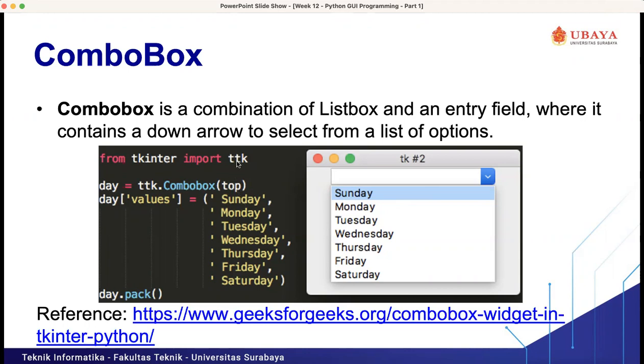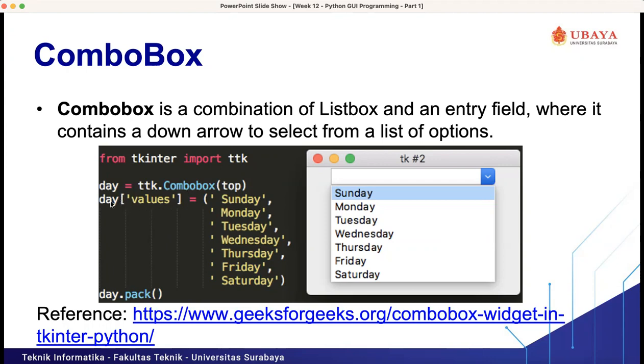For the combo box, we need to import ttk from tkinter. From tkinter import ttk. Then we create a d variable equal ttk.Combobox with top, because we want to put this combo box in the top main window. And for the values, it's similar to an array.